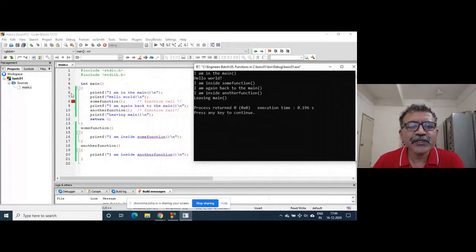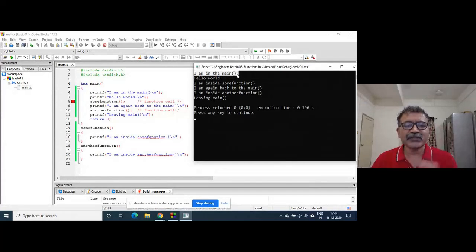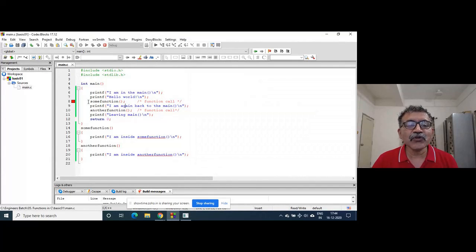So how is this program executed? When control goes inside the main function, because execution of the program starts from the main function. This output proves it. "I'm in the main function" is printed first, because it is line number 6. Then hello world is printed, right? Because it is a sequential control structure. Then sum function. When control comes to line number 8,